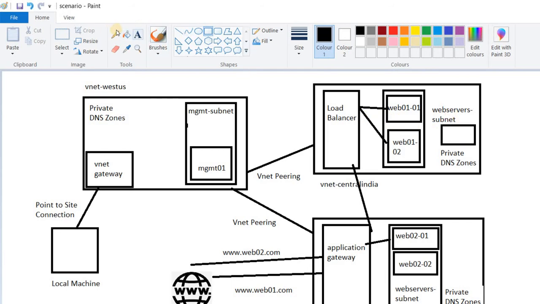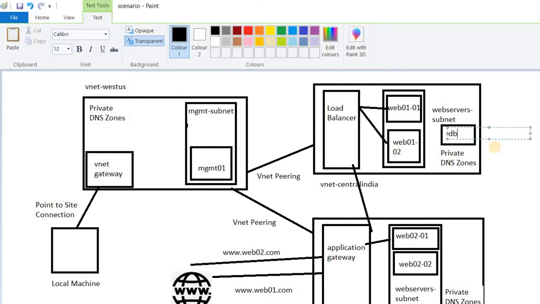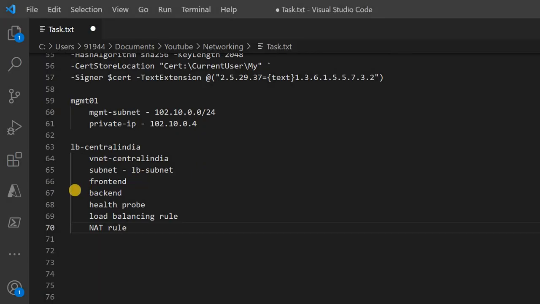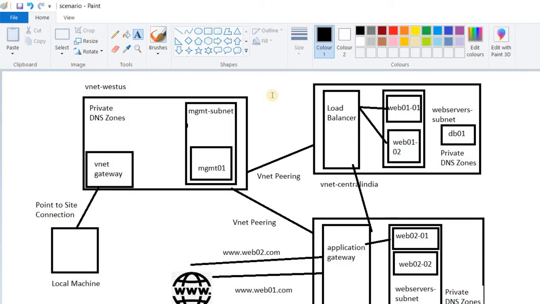Let me name it DB01. So it's a DB01 server. That's a database I meant. So I'll configure a NAT rule for that so that from the load balancer I can redirect to the so-and-so database server. There's a port, I'll set up a port forwarding directly to the database server.